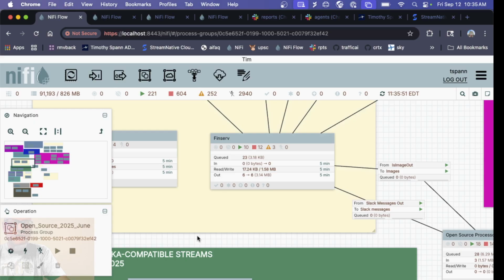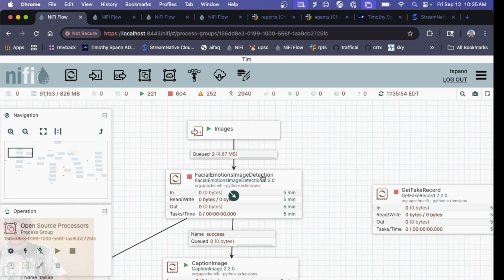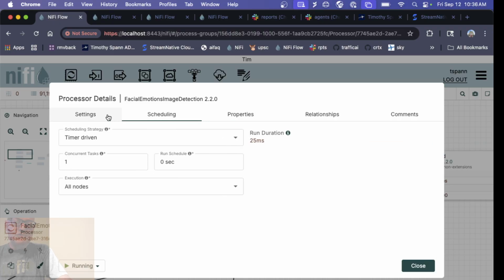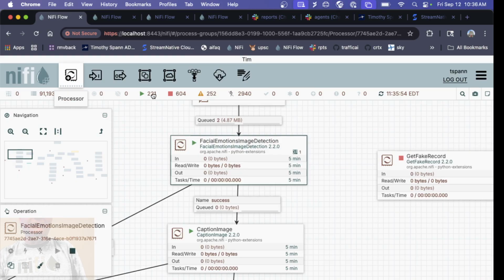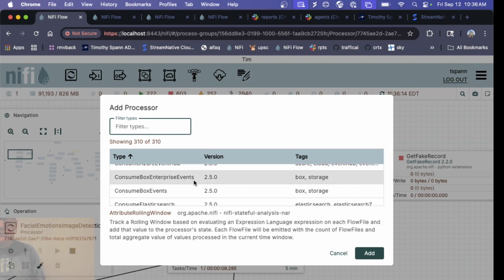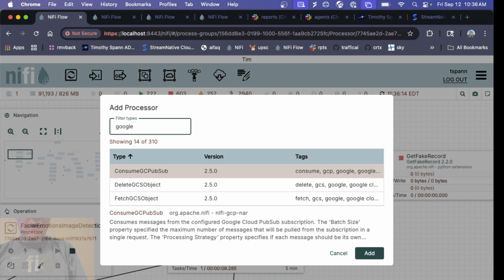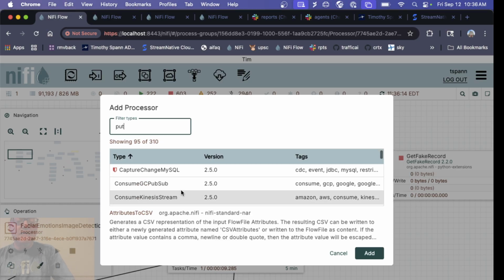If it's an image, I will send it out to images, and those images are waiting there. I got 2 cat pictures. And these are a couple of my custom Python scripts, which I'll show you. Not much in here, but what makes it cool is just writing that little bit of Python. Now I have something that looks no different from any of the off-the-shelf processors here, which there is a ton of, for doing Amazon cloud stuff or Google cloud stuff or databases or most of the different projects out